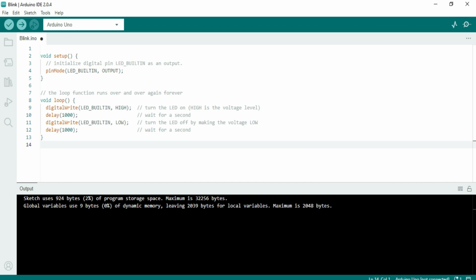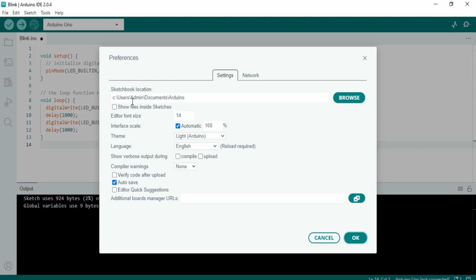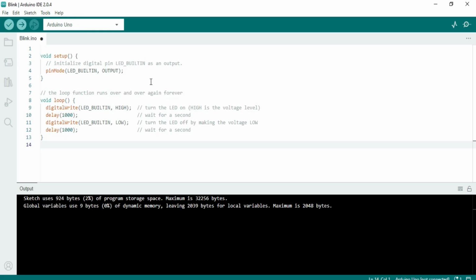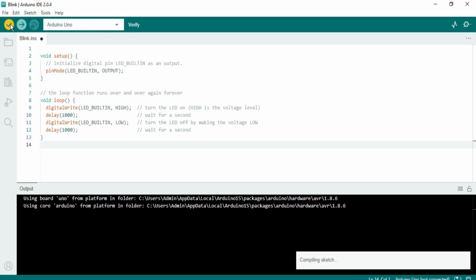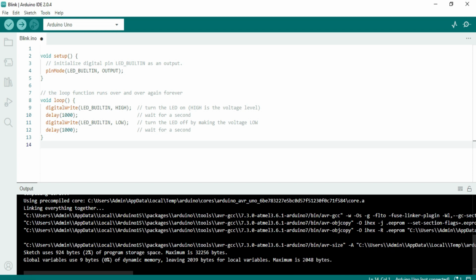Now how you are going to integrate this code to your board? So for that it has generated one hex file, but that is not shown because to show the hex file you need to go to file and there you need to go to preferences. And now guys, here you can see compile option is not check marked. So just check mark this compile option and click on OK, and then again you verify or compile it. So now guys, you can see it is showing a verbose output, like whatever message is generated.